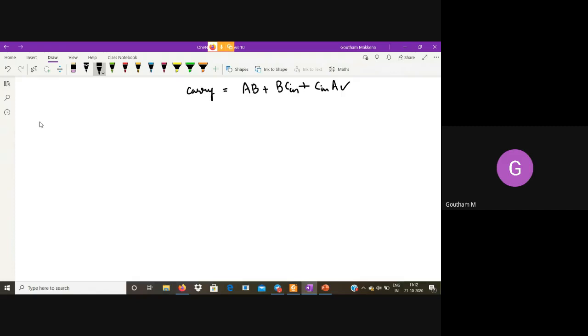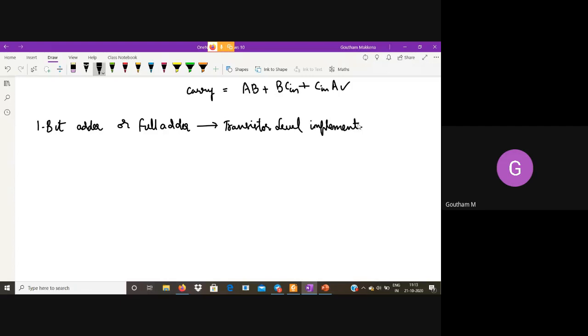Okay. So right now we want to implement a 1-bit full adder. Our "1-bit full adder" is a misnomer, though some textbooks use it. You either call it a 1-bit adder or a full adder. Now we want to come up with the transistor level implementations of this. Okay, so how can you implement this?